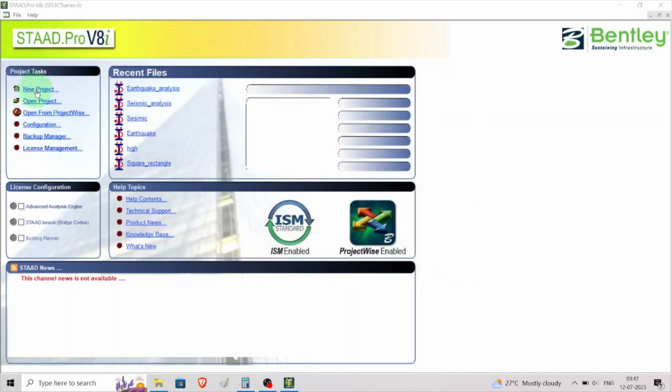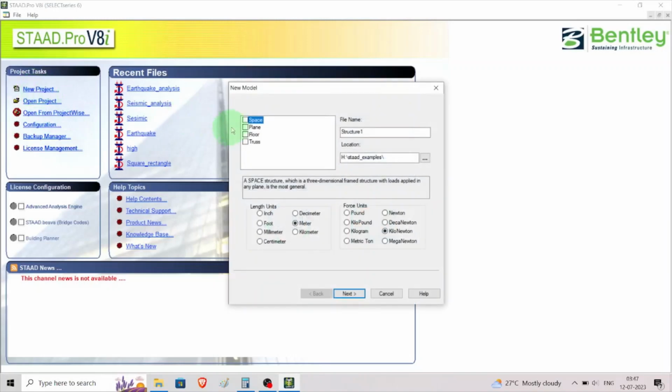Now we need to click on the new project, then click on the space, then we need to click here, we need to create a new file, which is